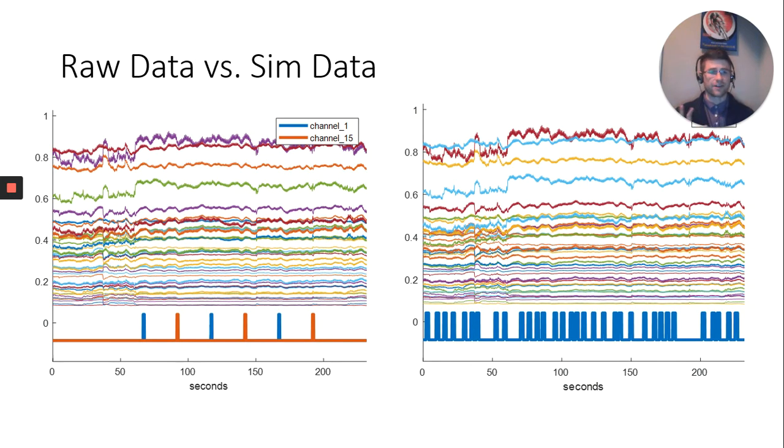What this looks like, if I load in a data set, this is my data set on the left, what I get as output after running it through sim data is shown on the right. As you can see, the data looks almost identical, just different color, but I have a whole lot more stimuli. Those are these little bumps down here on the x-axis, essentially. However, this data is not identical. It's almost identical. They've added in extra bumps that you can't quite see simply at those locations. So now you actually have a little bit more variety in the data